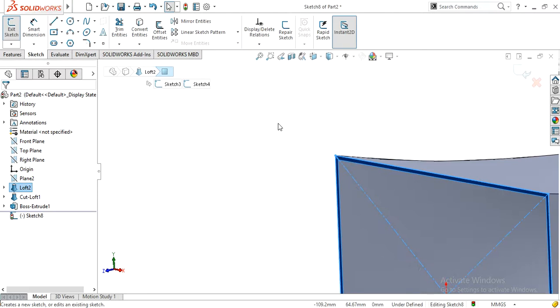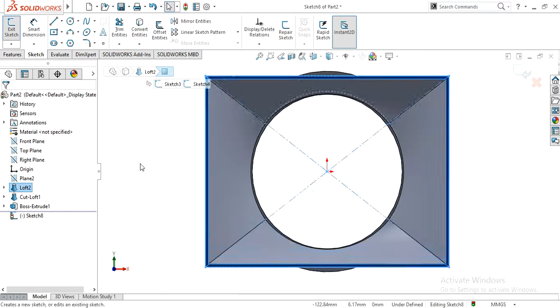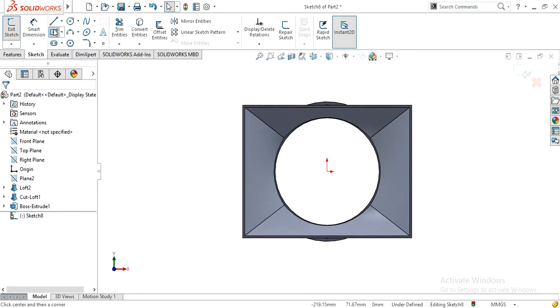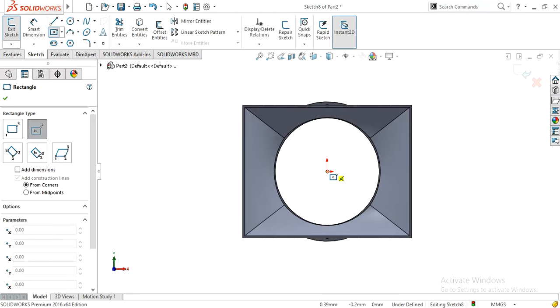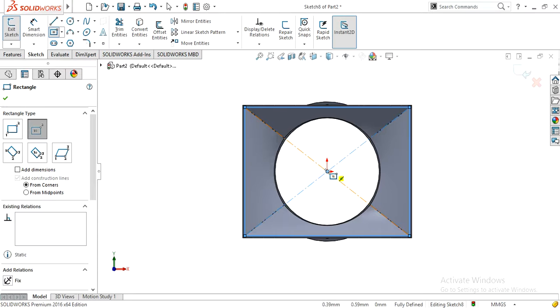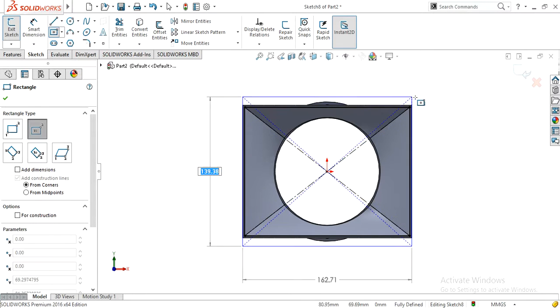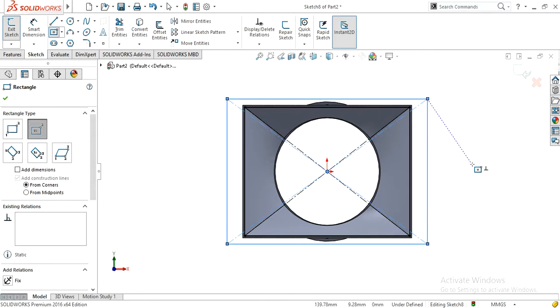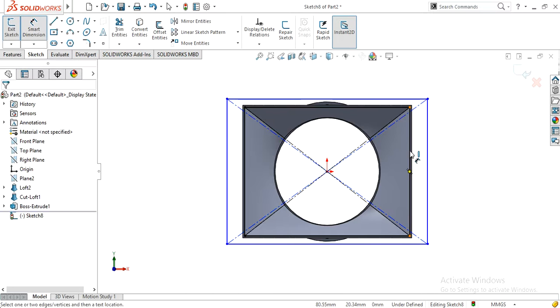sketch on this plane and then normal to, center rectangle, and now dimensions.